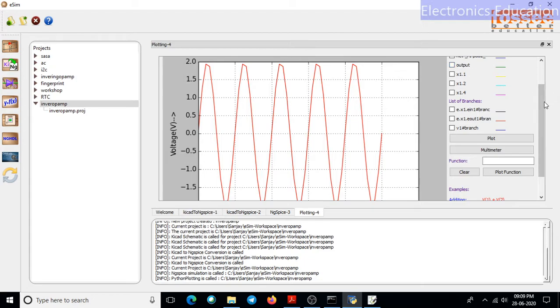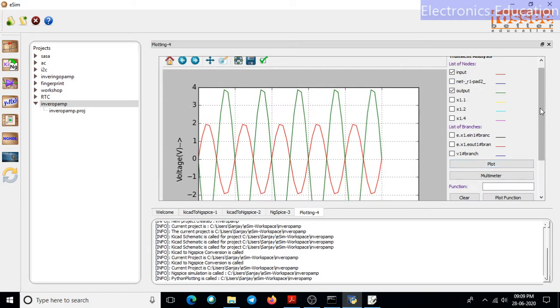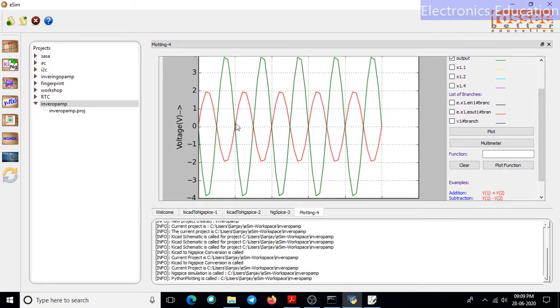Similarly, we can now click on the output button, select this box, and again click plot. Now you can see that this red signal is the input having a magnitude of 2 volts, whereas we get this green signal as output, which is exactly out of phase with the input, with a magnitude of 4 volts. So in this fashion, by using the software eSim, we can simulate the signal.